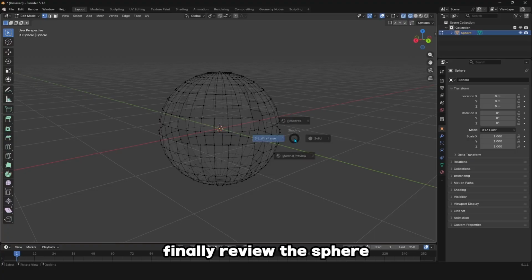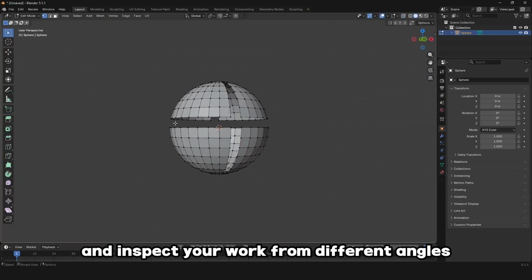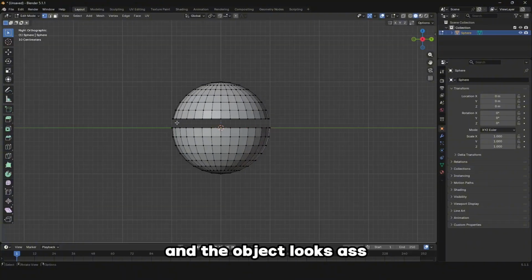Finally, review the sphere by moving the scroll button on your mouse to zoom in and out and inspect your work from different angles. This will help you ensure that all cuts are correct and the object looks as